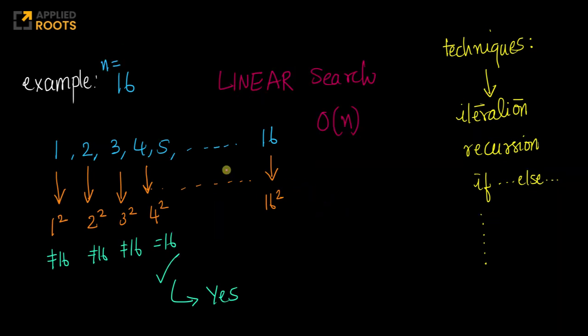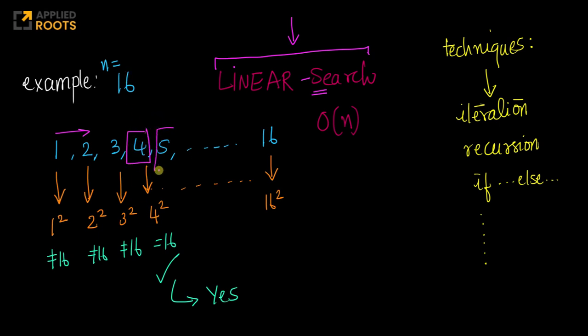Now, if you think about it, this whole iterative solution is like linear search. Again, linear search is something that we describe in our course videos in a lot of detail. And this is something which is very basic that most data scientists are expected to know. It's called linear search because you're searching in a linear fashion, one after the other, right? That's what you're trying to do here, to see if you can find an integer whose square is exactly equals to 16.